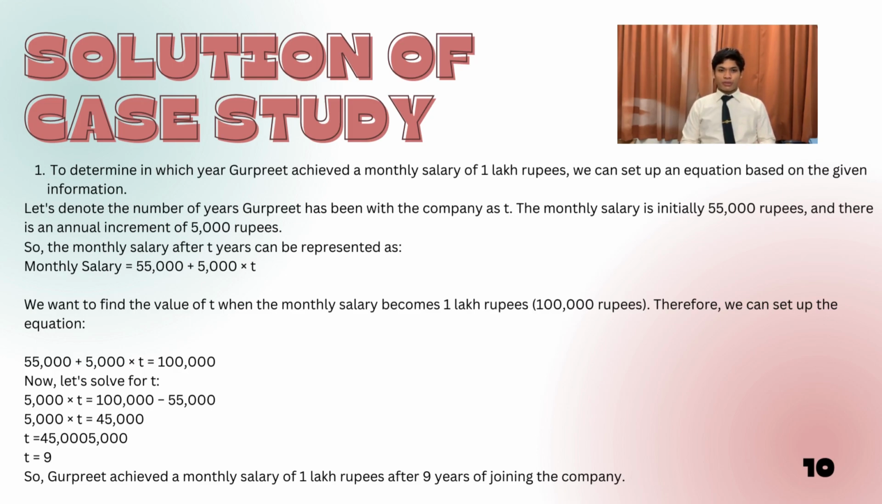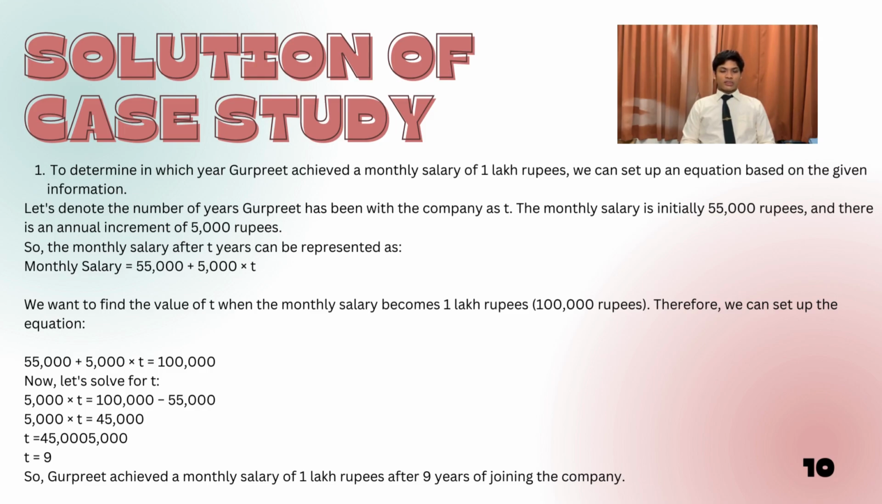Question 1. To determine in which year Guprit achieved a monthly salary of 1 lakh rupees, we can set up an equation based on the given information. Let's denote the number of years Guprit has been with the company as T. The monthly salary is initially 55,000 rupees, and there is an annual increment of 5,000 rupees. So, the monthly salary after T years can be represented by monthly salary equals 55,000 plus 5,000 multiplied by T. We want to find the value of T when the monthly salary becomes 1 lakh rupees, equal to 100,000